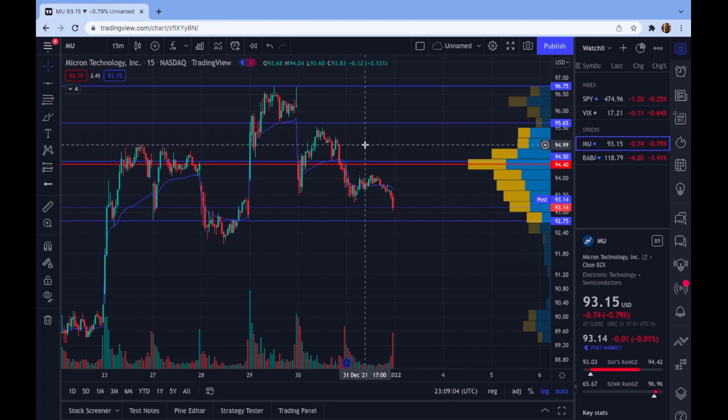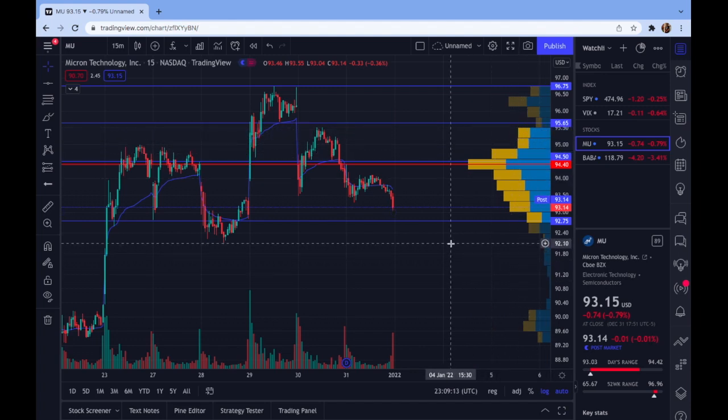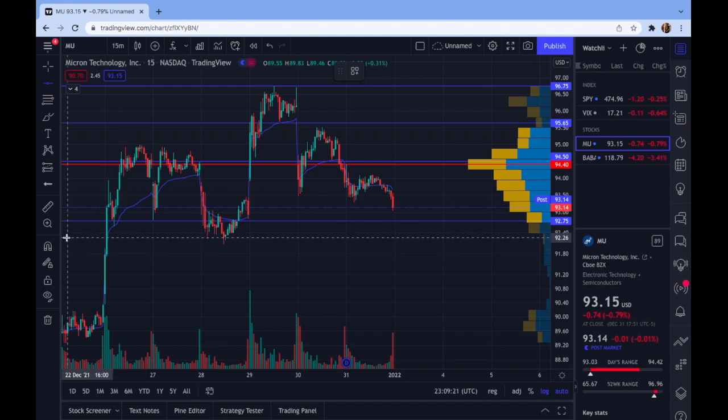For the call side, I really like that there. We also see on the VPA that above this level there's a lot less congestion, so I like that as well. Now when it comes to setting price targets, first thing I notice are these levels down here. Don't really have too much in terms of VPA on the side, but I like this